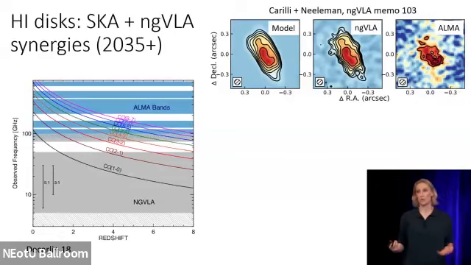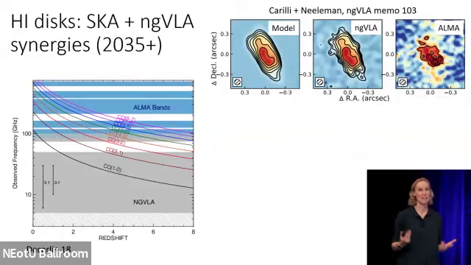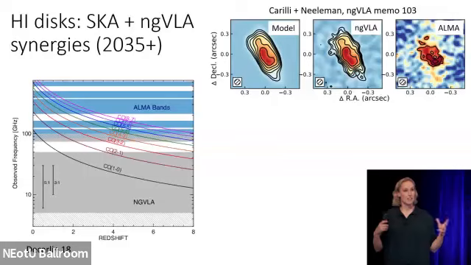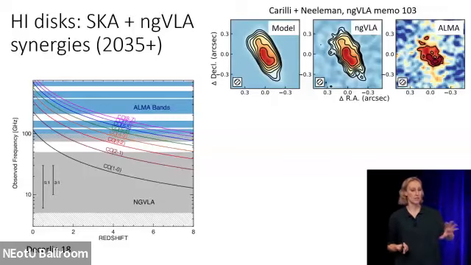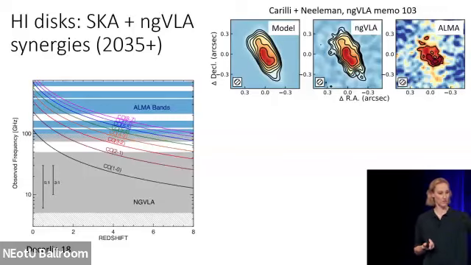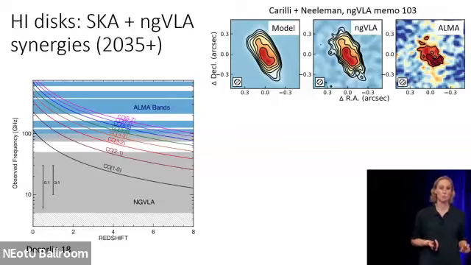There's a lot of H1 science that's going to happen between now and the onset of the ngVLA, but with an ngVLA at full sensitivity and an SKA well into its operations phases, I think we could do some really interesting things. So what the ngVLA, I think the key synergy here is its capacity to map CO at all redshifts. So we've already seen both of these plots. CO as a function of the observing frequency as a function of redshift is shown on the left-hand side, and then a model of a disk at a redshift of 1.7 imaged with the ngVLA and then with ALMA is